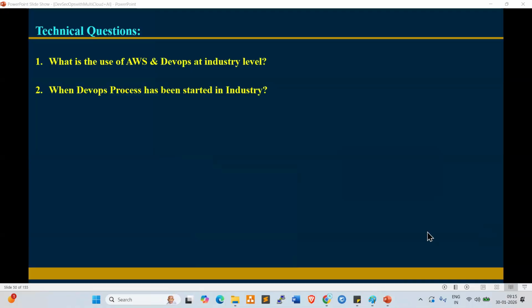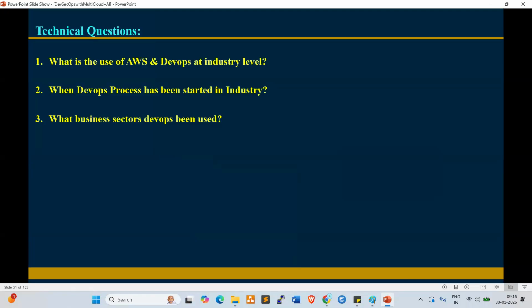Fine. The next question here is, in what business sectors is DevOps used? Not only in the IT industry, everywhere automation is the number one choice. Automobile industry, chemical industry, medical industry, pharma industry. One of my friends is working with a pharma company, Dr. Reddy's Labs. They're using Kubernetes to automate the activities.